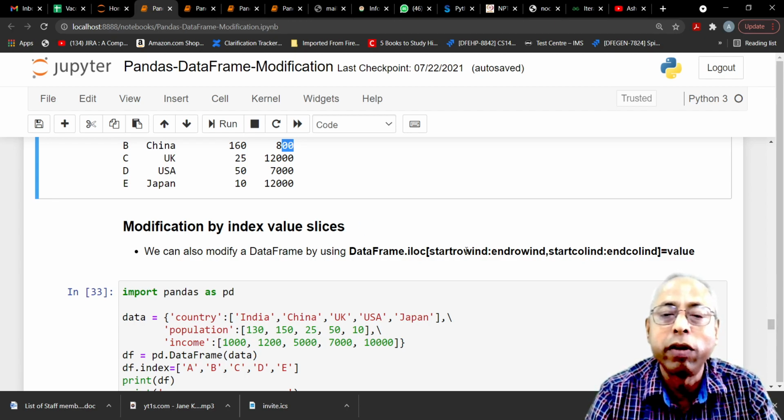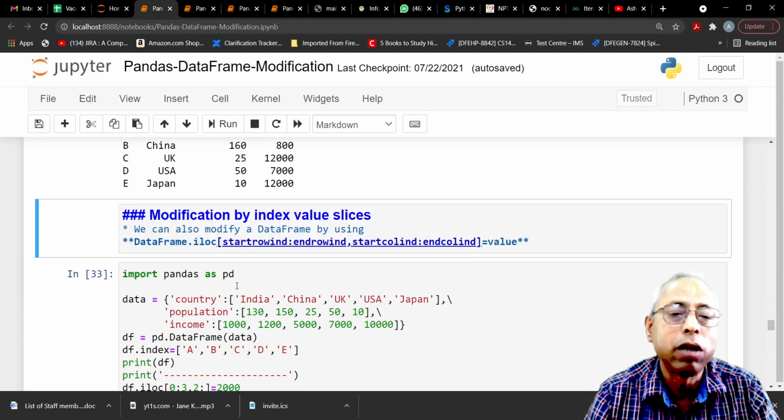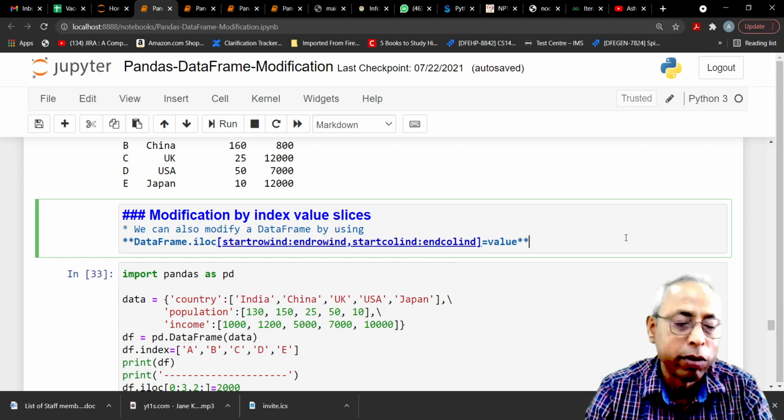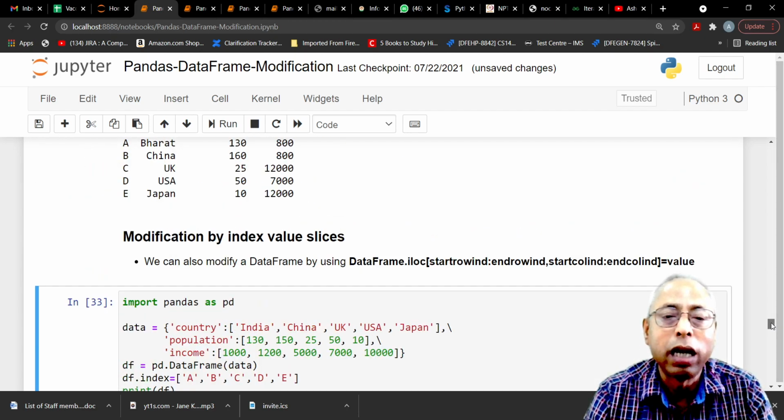If you remember, in the previous session we talked about how to access elements of a data frame. We talked about start row index, end row index, start column index and end column index. Of course we can use the step also, but I'm keeping it very simple here.